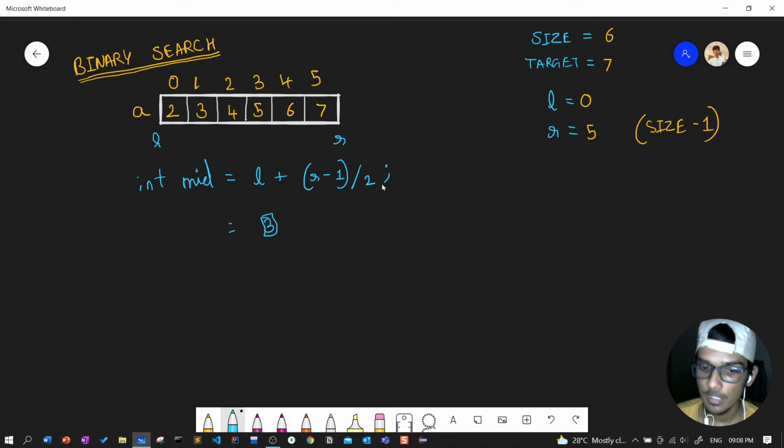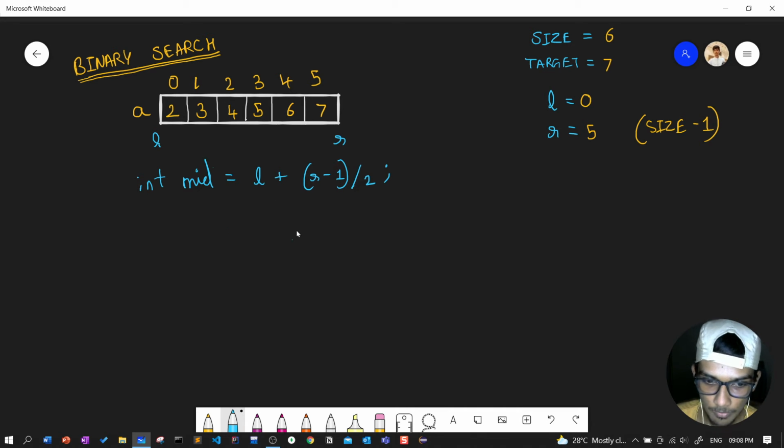Let's see how this works. You need to take the ceiling, so it will remain 3. If you get 2.5, it will be 2, flooring the value. Rather than doing that, we can use this formula.